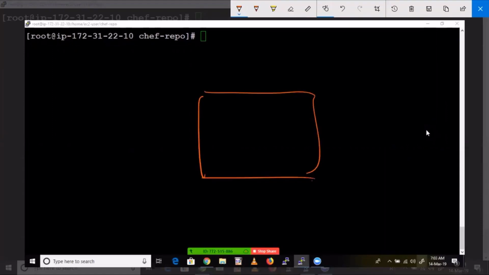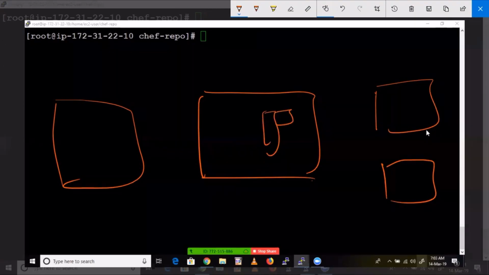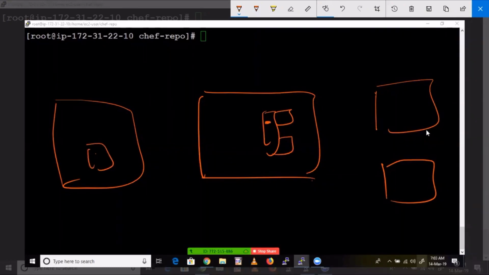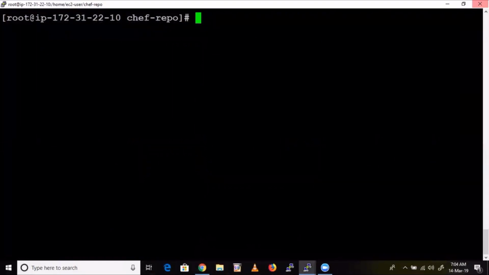Okay, see here what actually happened. This is the server. Workstation. Node. So we have a role already. You attach the node. In this we have mentioned the name of apache cookbook. Later on we have created cookbook. We have modified here something. We have uploaded this one. So you need to upload this role again. So that will take the latest information from here. That actually we forgot. Now it has taken latest information. Now chef-client pulls these two latest ones. So this is what actually happened. See, that's how you can see the content in these two.